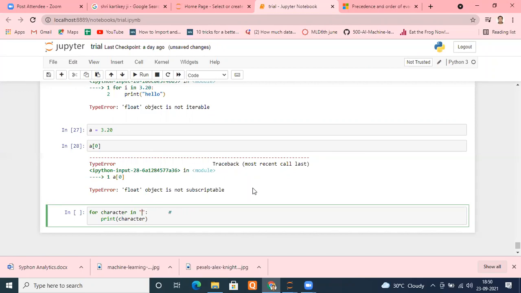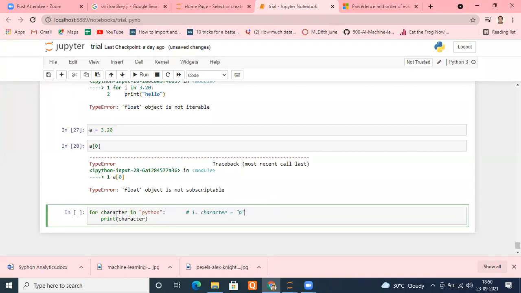Now see. Suppose I put my Python back here. We are sure there are 6 iterations. So what will happen in the first iteration? Understand: the value of the character variable that you have put here in the first iteration will be equal to the first element, that is, p. Is it fine? In the first iteration, the value of the character variable will be p. So it eventually becomes for p in Python.